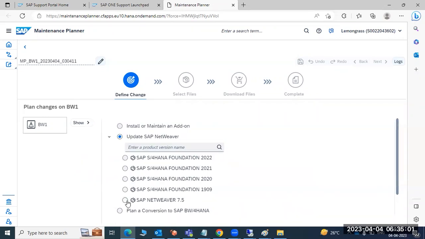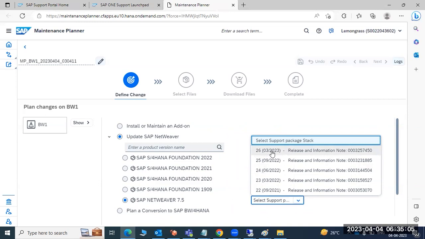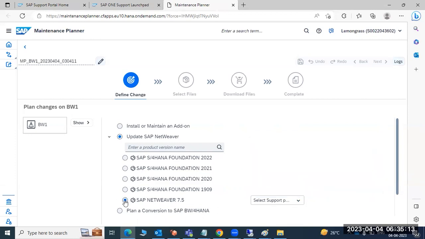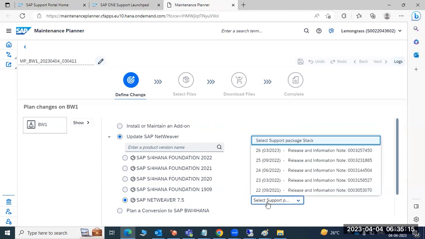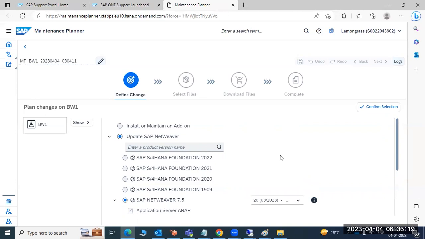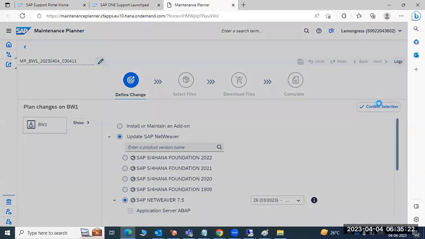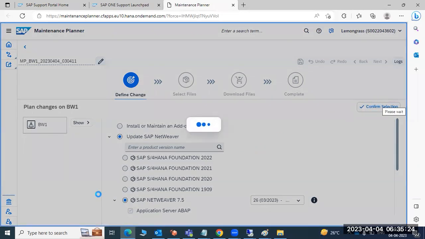You are updating the NetWeaver system to 26, or if you are updating to 25, select this button. So from which version to which version? Select the NetWeaver version, select the support pack stack, just click on 26. It means you are updating the NetWeaver version from 21 to 26. So that change you have defined here,